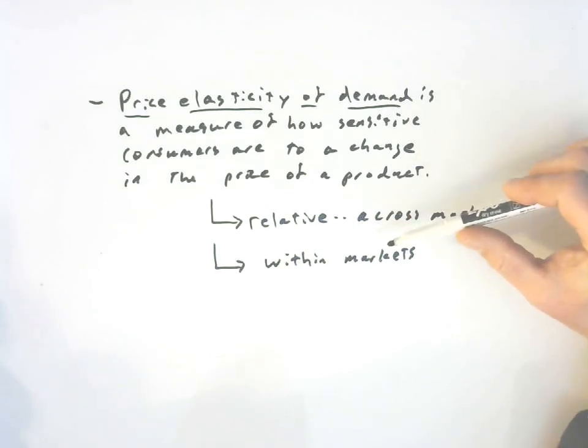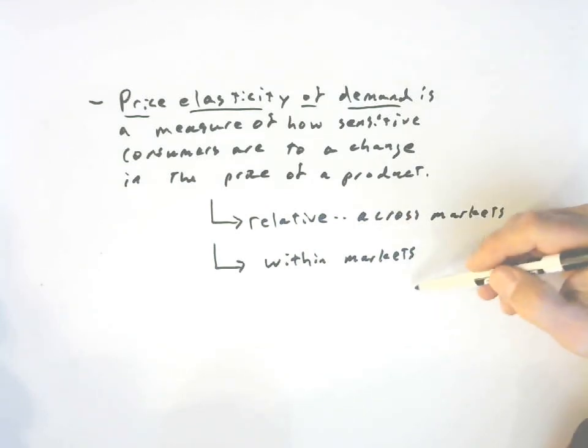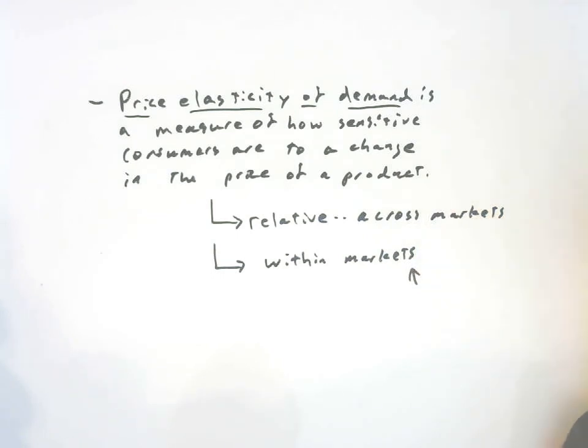And then we have within markets, and we're actually going to see something quite interesting when we measure elasticity values within a market. What we're going to find is, depending on where you are on a demand curve, where the price level is, people are going to be more or less relatively sensitive given the current price of the product. It'd be interesting to see this anyway. So we're going to start with relative